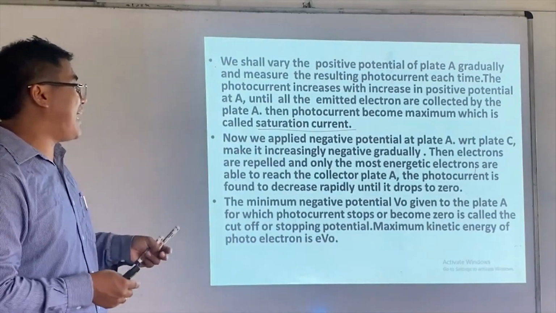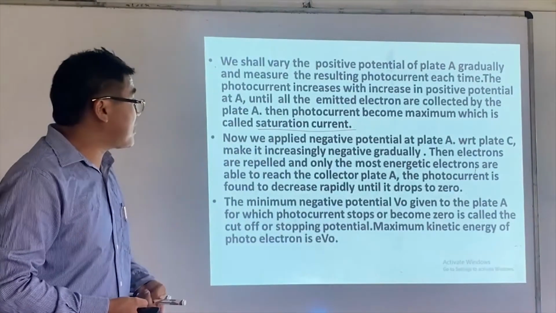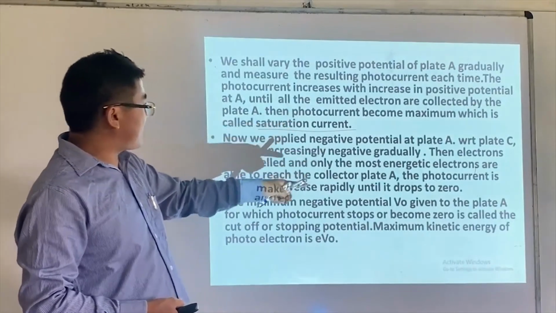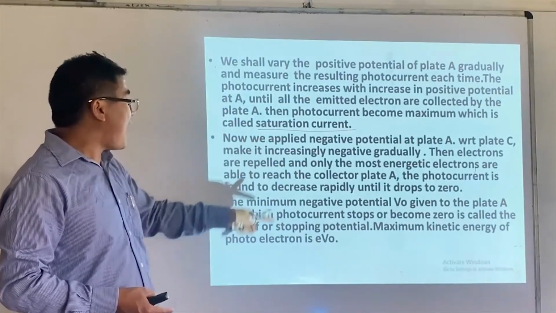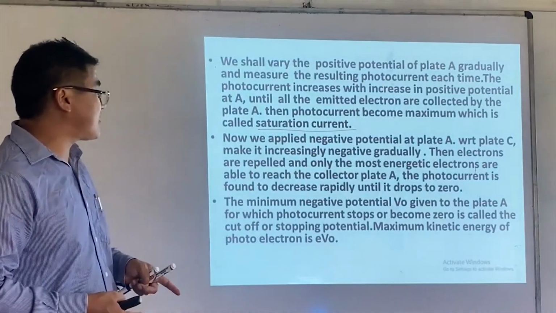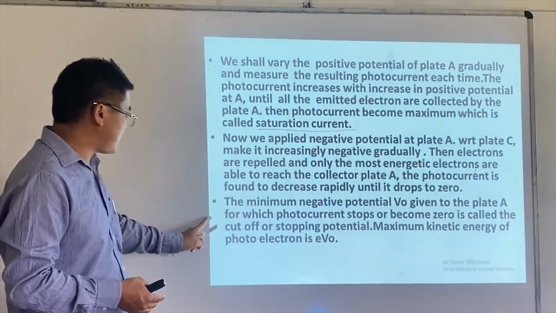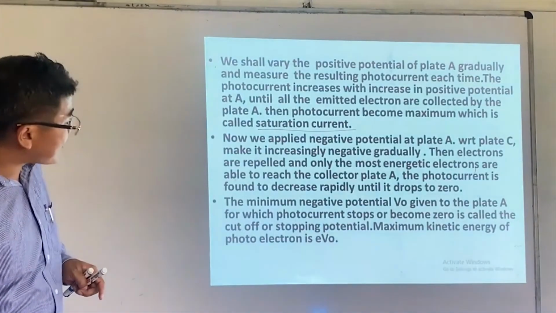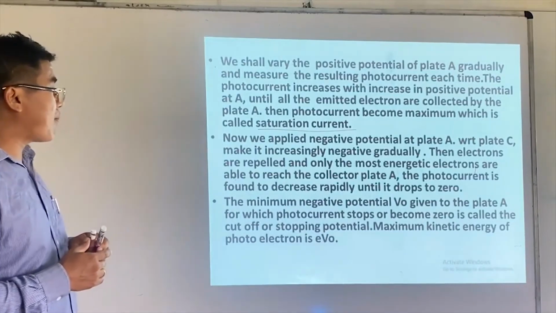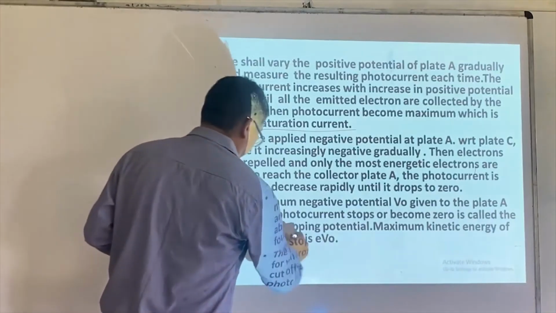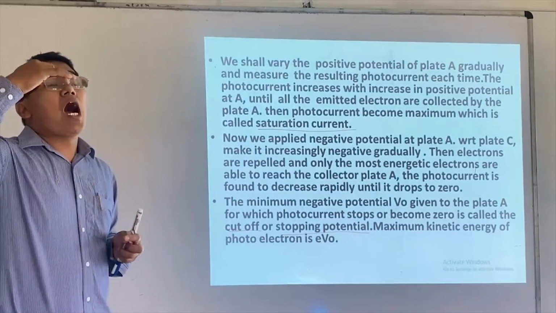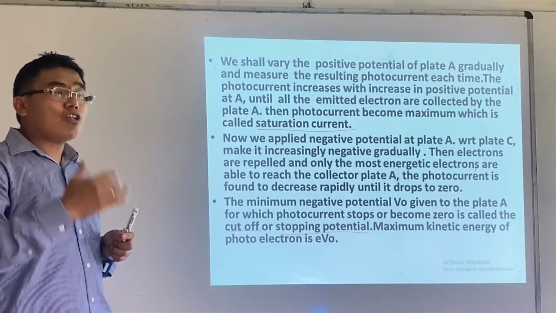Now we apply negative potential at A, that means we are going to reverse it. Negative potential at A with respect to plate C, making it increasingly negative gradually. The electrons are repelled and only the most energetic electrons are able to reach the collector plate A. The photocurrent is found to decrease rapidly until it drops to zero. Now this is very important, right? The minimum negative potential given to plate A for which the photocurrent stops or becomes zero is called the cutoff or stopping potential. So stopping potential is the minimum negative potential required to stop the most energetic electrons,